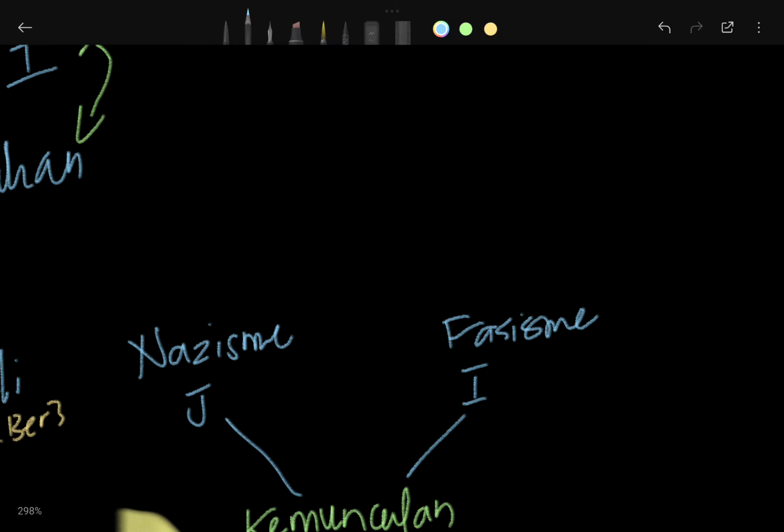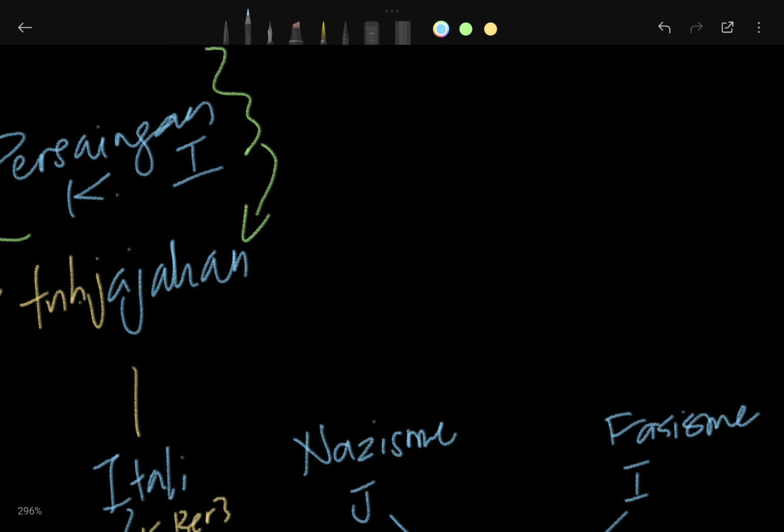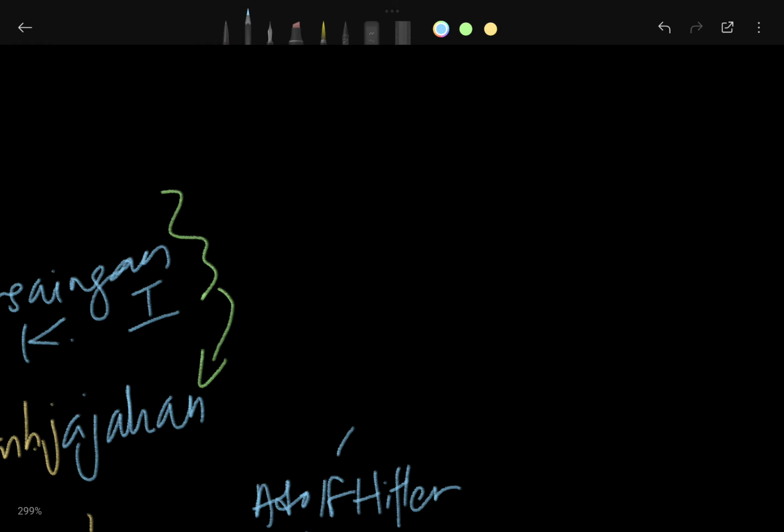In English, it's the same, Nazism and Fascism. So, for your Nazism is under the rule of Adolf Hitler. That is your di bawah pimpinannya, under the lead. Then Parti Nazi membentuk kerajaan di Jerman. They were the government system. Number 2, that's like less important. Then they tell you, okay, Nazisme